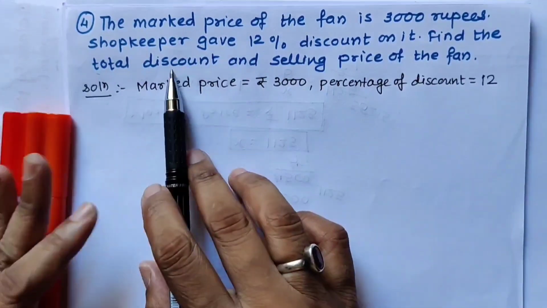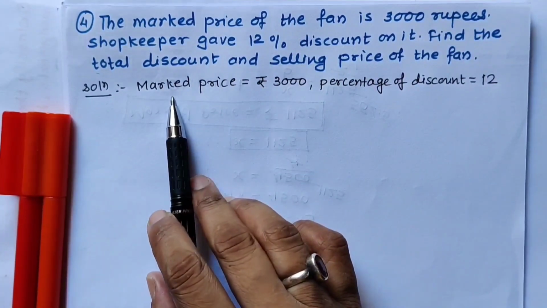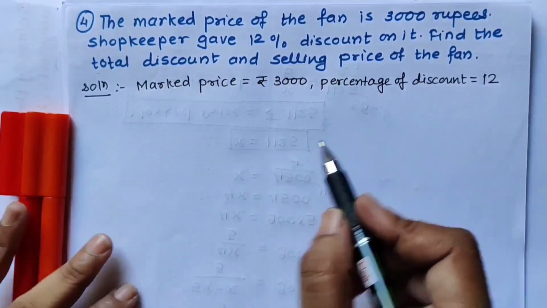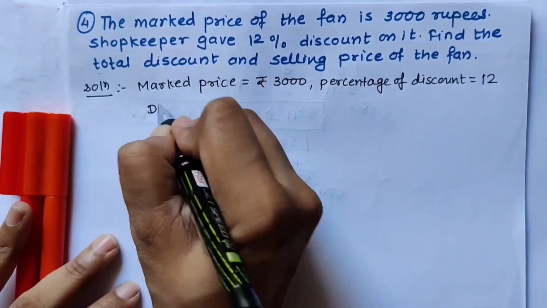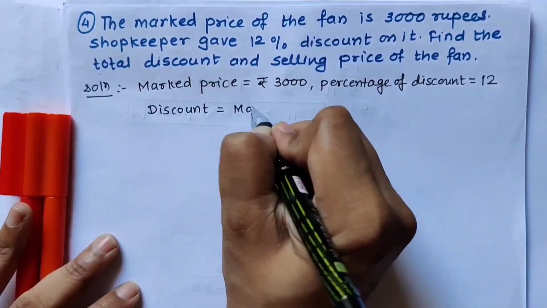Now what we have to find out? We have to find out the discount and selling price. So when marked price is given and percentage discount is given, we all know we have to apply the discount formula like this. Discount is equal to marked price